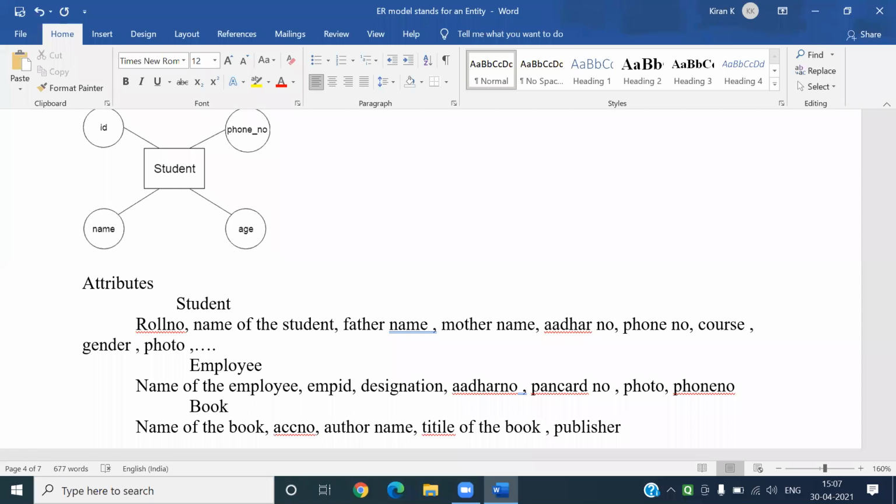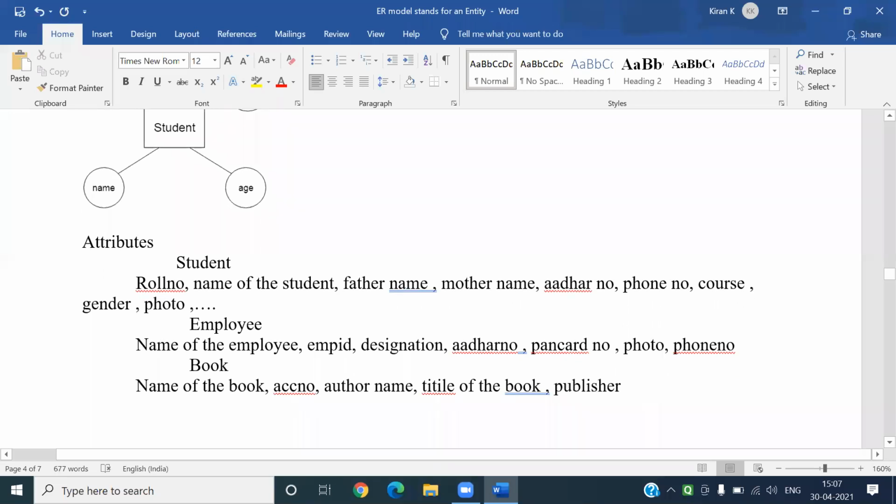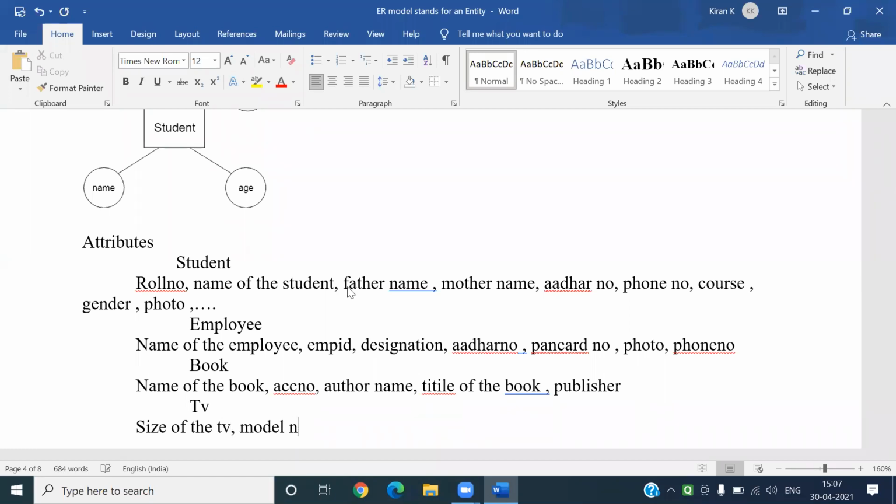TV can also be an entity. Name, size of the TV, model number, color or black and white, and whether it has Wi-Fi or not.